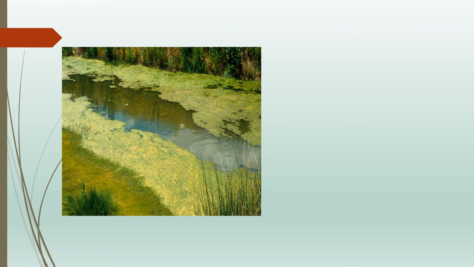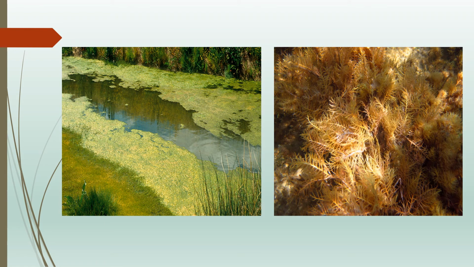Some of the algae reproduce by breaking up into two or more parts. It means they break up and make one or two more parts, and they reproduce. Others produce spores from which new plants grow. Spores are not seeds, they do not grow from flowers. Other algae are called seaweeds, which can grow almost as tall as a tree.